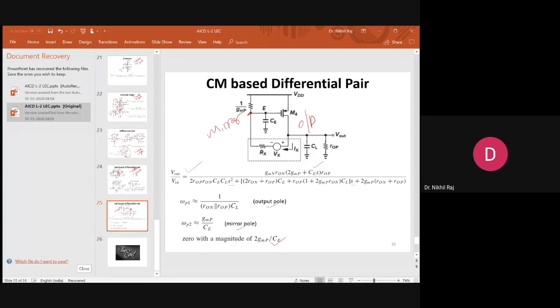So if you see here, just a small circuit gives you such complex equations, then how to do bigger analysis when the number of transistors increases? With the introduction of more transistors, the number of capacitors will increase. If the number of capacitors and nodes increases, definitely the number of poles will increase. The higher the number of poles, the more complex the equation, and then we need to ensure all the poles are in the left half. That's why Miller's theorem is widely applicable when we do complex circuit analysis. So this was all about frequency response.